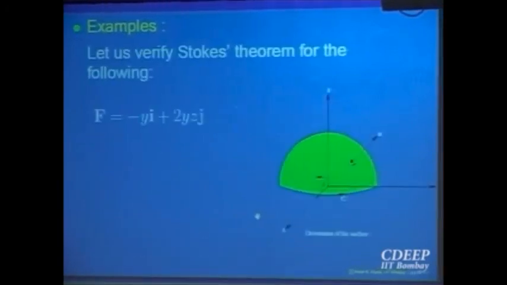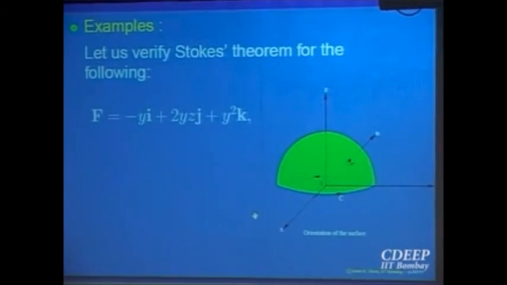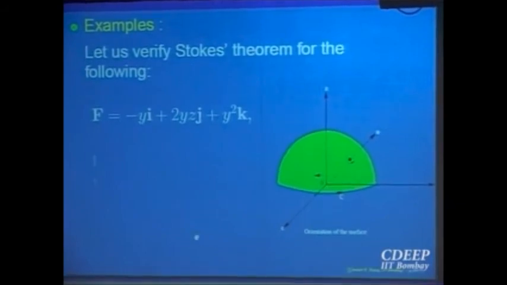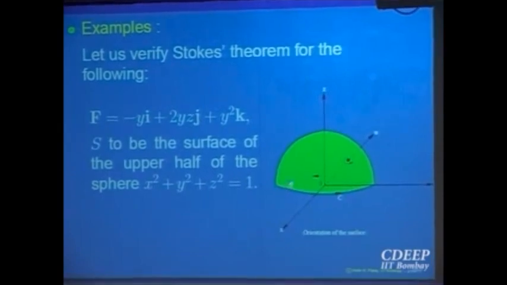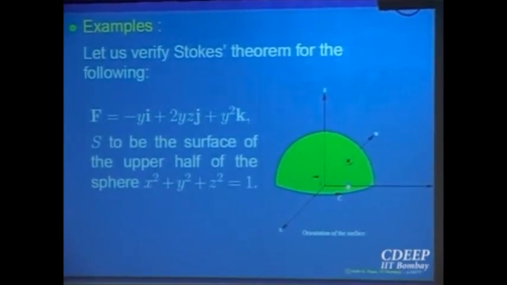Okay. Let us look at one more example of orientations and such things. So this is, we are looking at a hemisphere, okay? Over the surface, upper part of the sphere, okay? So here it is drawn properly. The dotted line means this is the behind part, okay? From origin, if you take the normal as the position vector, as the normal which is coming out at every point, then this is the orientation, right?